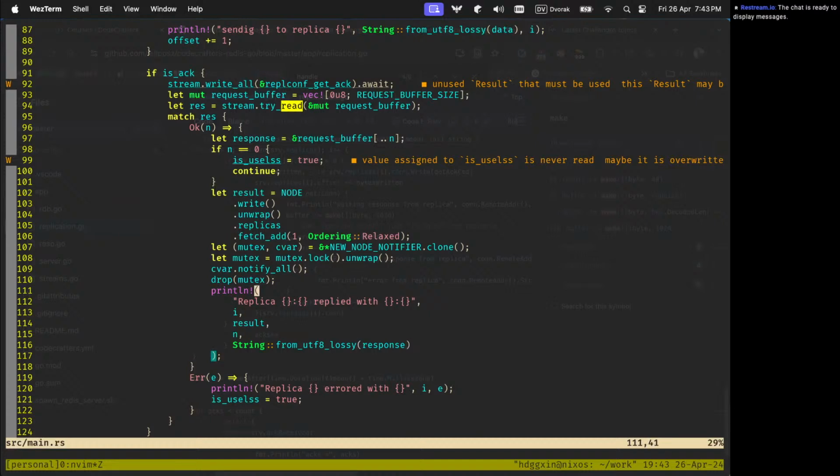Once we increase the value, we should see the result there. Okay, let's see.